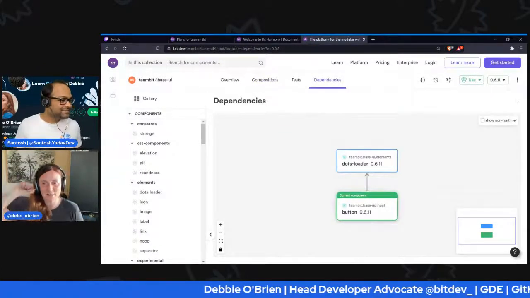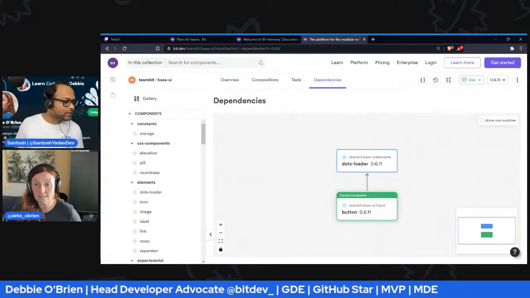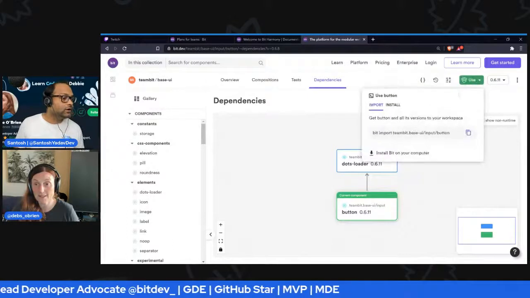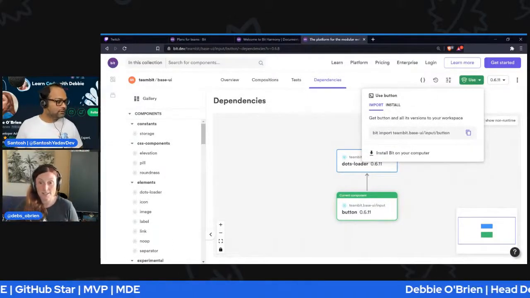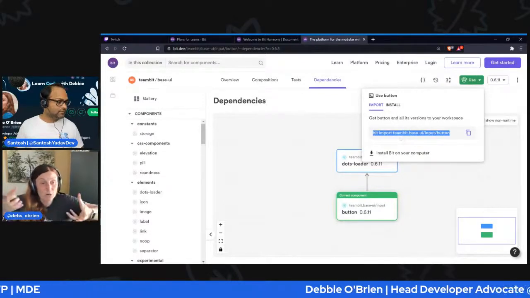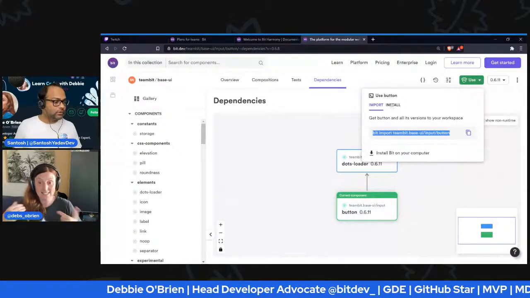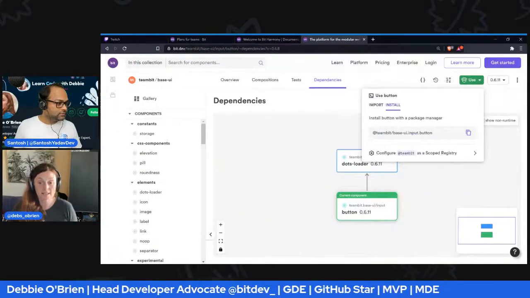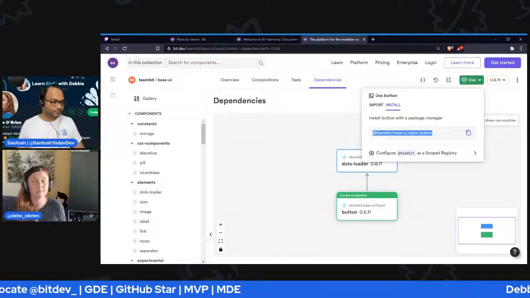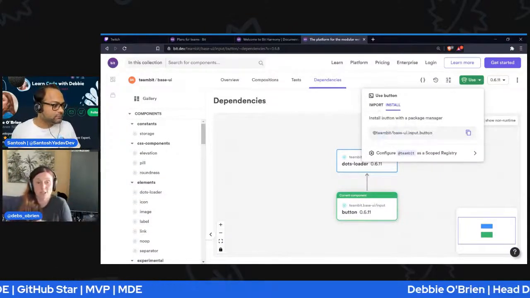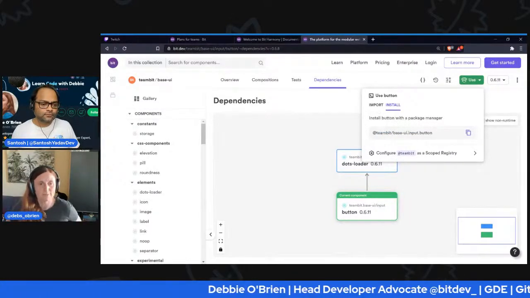And click on the use button. That will tell you how to use it, right? So on the use box, the green one at the very top. Oh, yep, okay. So this is to import it. Remember I told you about importing it. So you're going to get it into your workspace, so you can modify the code and then export it. That's importing it. And then installing it is installing it with a package manager, so npm, yarn or whatever. That's to consume it as a user who's just consuming it, who's not going to modify it. I just want to use this because I don't want to create my own, right?